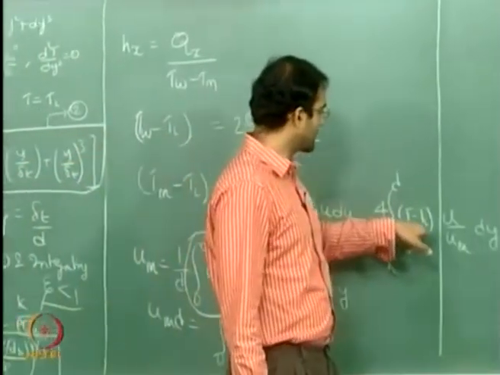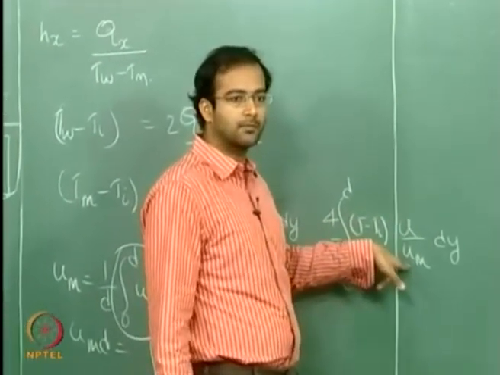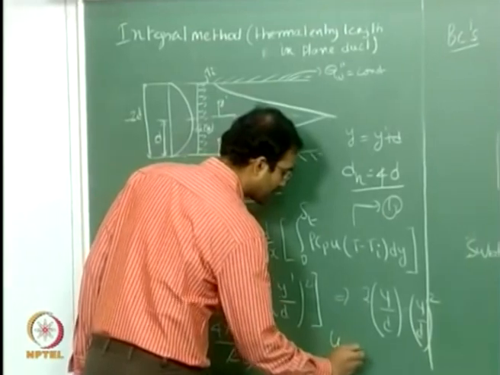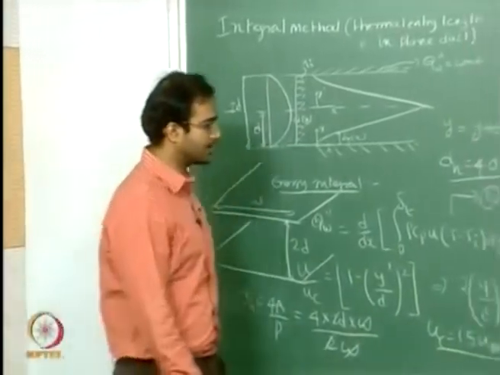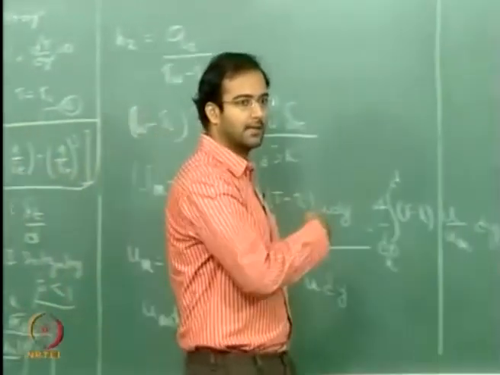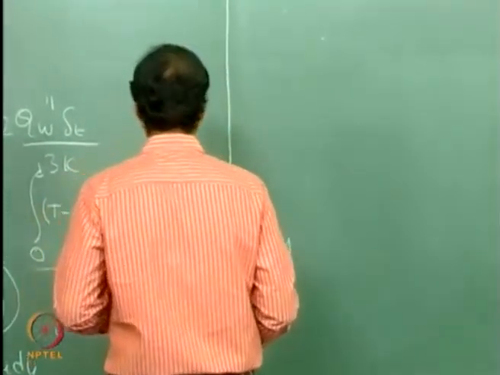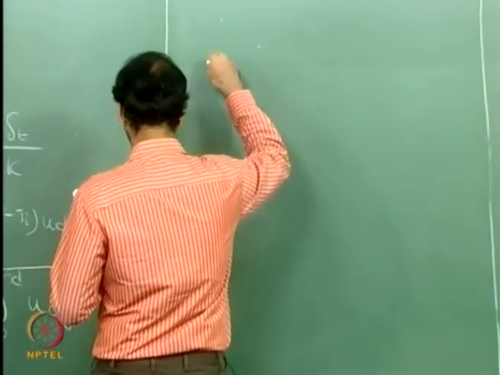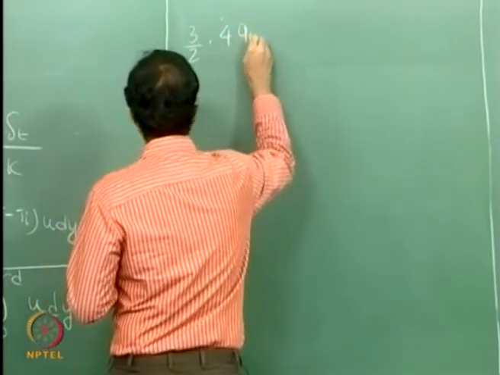Okay, so finally this is my relationship for calculating the mean temperature. So I simply have to substitute my temperature profile into this. I know my velocity profile u by um, which in the case of channel flows, again your center line profile is 1.5 times your mean velocity. Okay, so this can be substituted and you can integrate and therefore determine the expression for T mean minus Ti. So we will quickly do that. So I'm substituting my velocity profile as well as the temperature profile. So this becomes 3 by 2 into 4